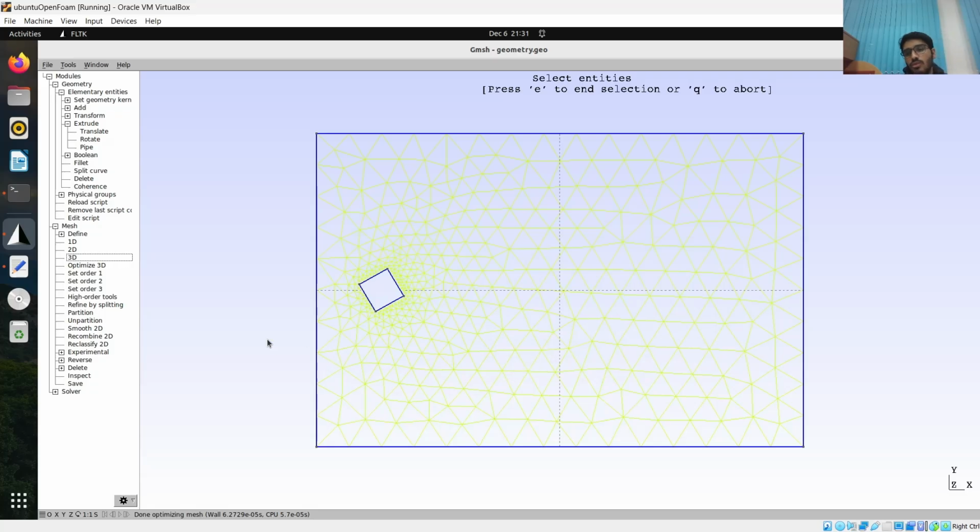So now I want to name all those four boundaries. Not four actually. The square is also a boundary. So I want to add names for all the boundaries, because I'm going to specify the boundary conditions later. So for that I need names of all these boundaries. So I'm going to select the option called physical groups, and then I'm going to add